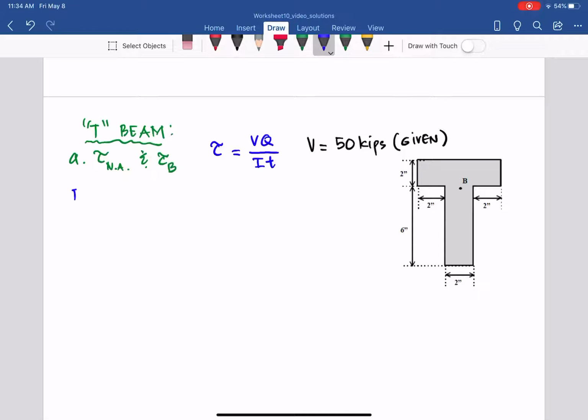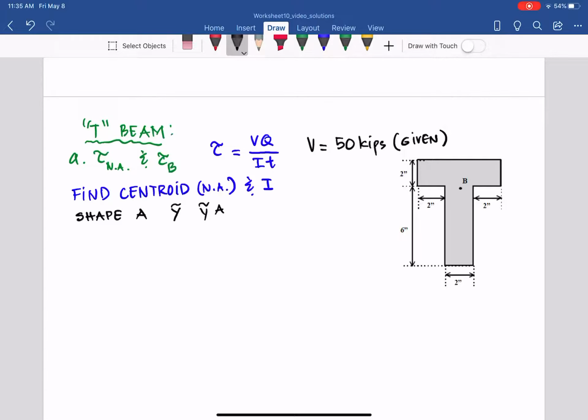Okay, so find the centroid. Why find the centroid? Basically to locate the neutral axis, right? And then I, the area moment of inertia. So what are the columns we need to make in the table? The first one is shape, and then we have the area A, we have y bar, and then we have A